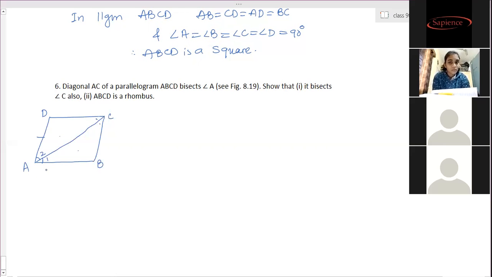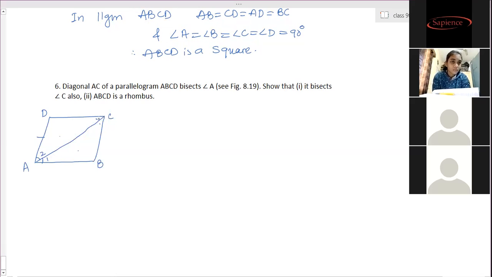No, ma'am, for congruency, that's what I told you. If you show opposite sides equal in a congruency, this means we have to show opposite angles equal, not adjacent angles. We can't show that adjacent angles are equal. In a parallelogram, if AC bisects angle A, then it bisects angle C also. Angle A and angle C are equal.